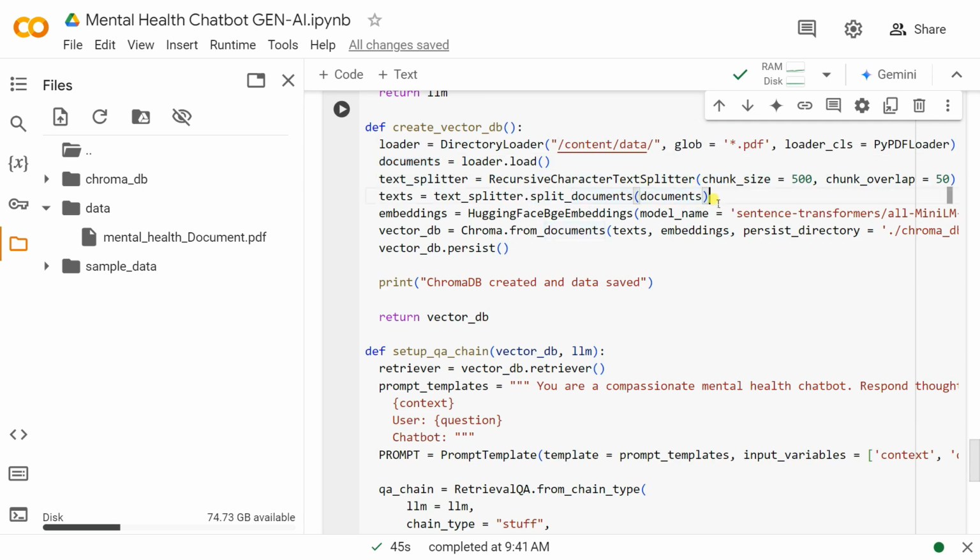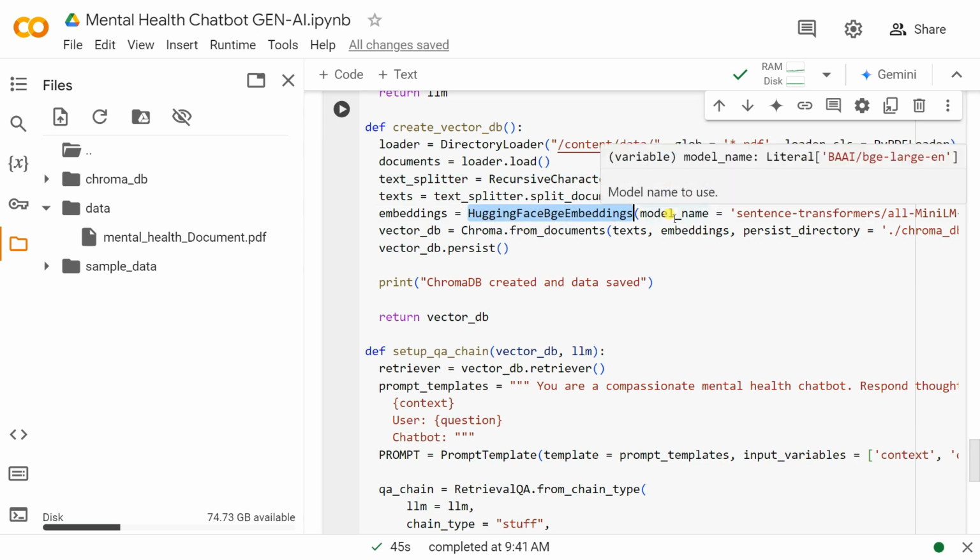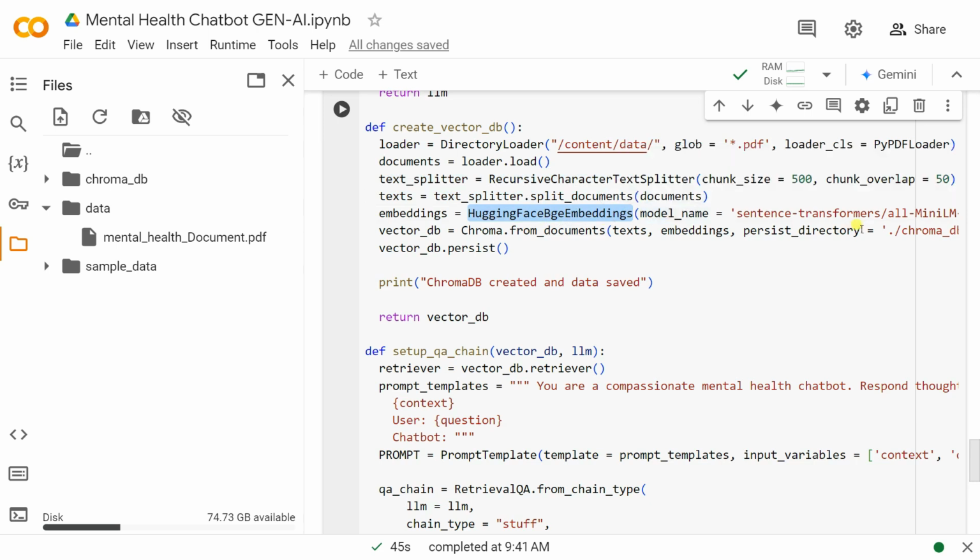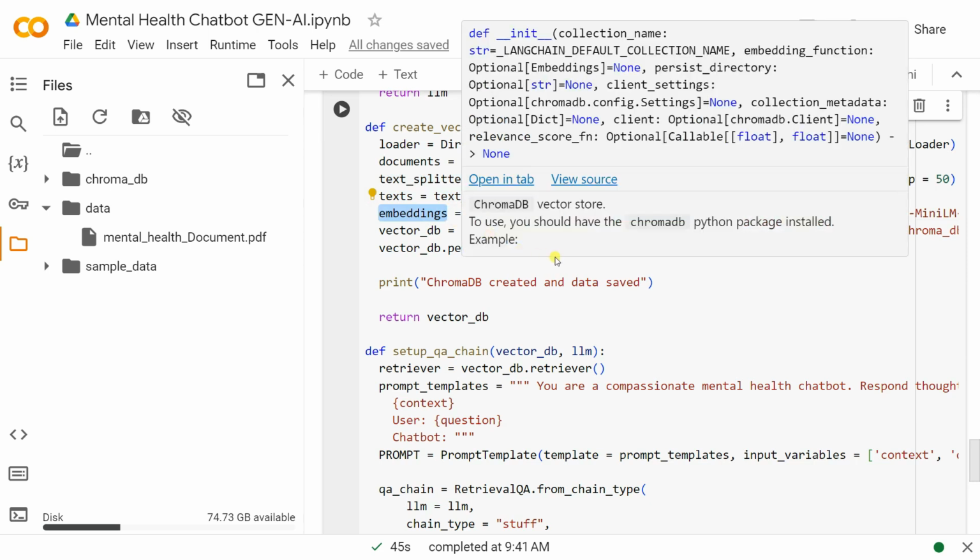उसके बाद हमने क्या किया, उस डेटा को एक एम्बेडिंग में पास किया। इसके लिए हमने HuggingFace BGE एम्बेडिंग को यूज किया है यहाँ पर। तो उसके अंदर एक मॉडल है जो आपको डिस्क्रिप्शन में मिल जाएगा, sentence-transformers all-MiniLM-L6-v2 करके। तो उसको हमने यूज किया यहाँ पर। इसके बाद उस एम्बेडिंग को सीधा पास कर दिया ChromaDB के अंदर।